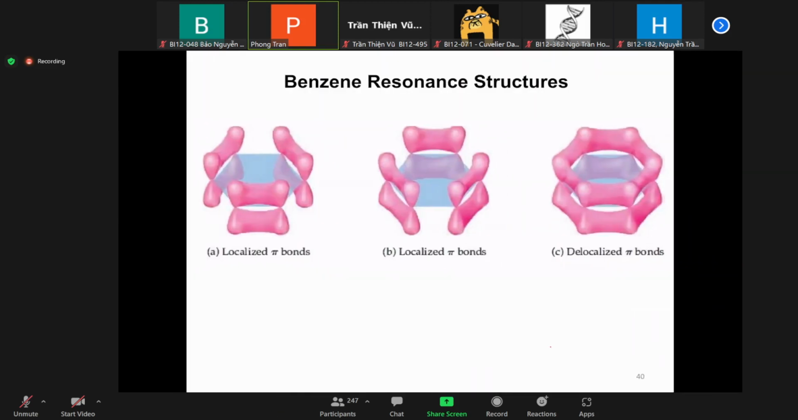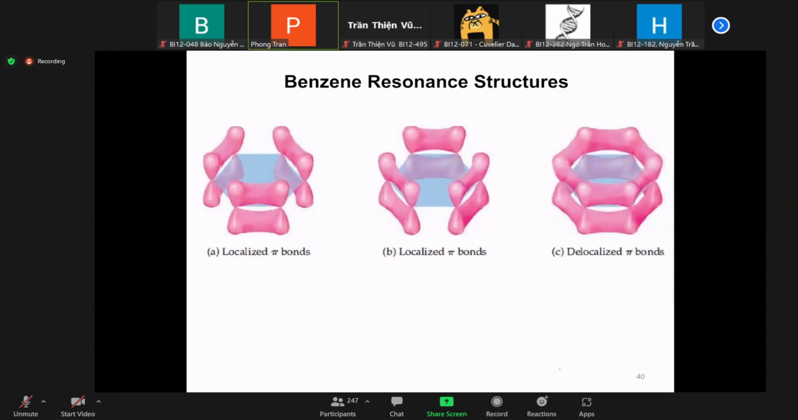So here, you see the localized structure of the pi bond. That means the pi bond is localized on two carbons, and then you switch this bond to here, this to here, and this to here. So you have the second resonance structure. And if you put all together, basically, then you have what we